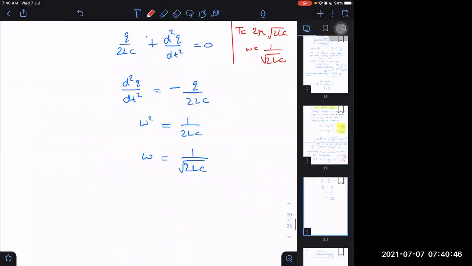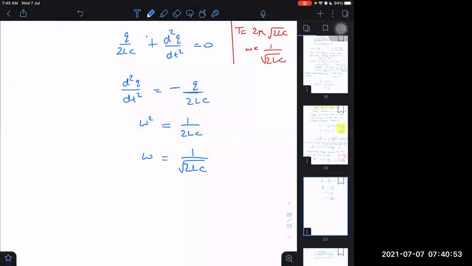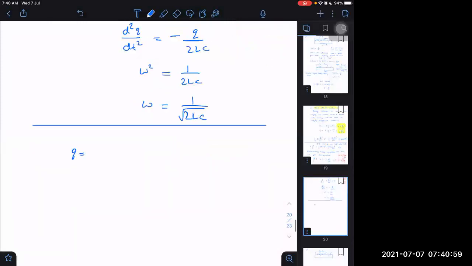What about Q as a function of time, can it be obtained or not? Once I know omega, I think we can obtain it as a function of time also. How to obtain it? Then after that, I can just write Q is equal to A initial into sine of omega t. What was initial? I told you how to find Q: find the difference between the charge stored in the equilibrium position and the extreme position. The extreme position is when the current is zero. But initially the current is not zero. Initially the current is in fact maximum in this example, right?